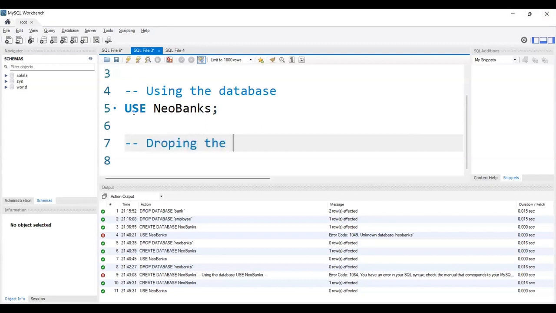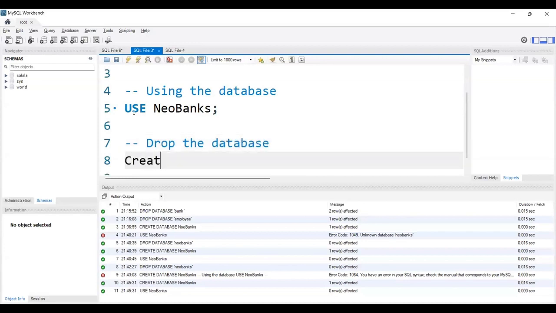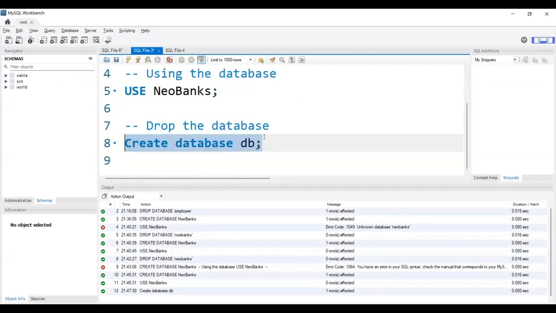Drop the database. I'll first create that. Create database DB. Execute that. And once the database is created, what we do next is we delete it. How to drop a database? So in order to drop the database,